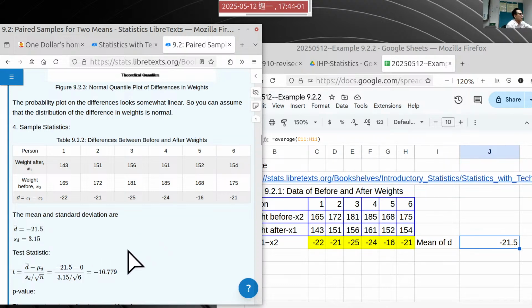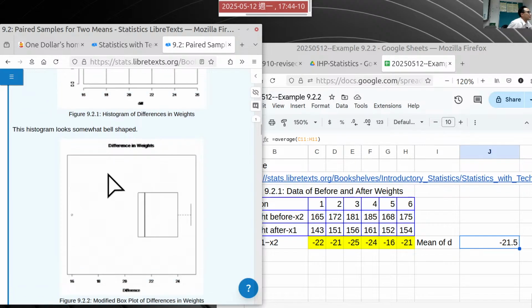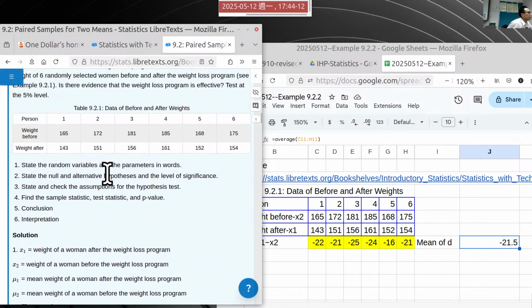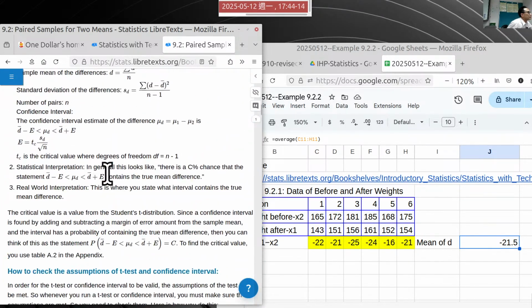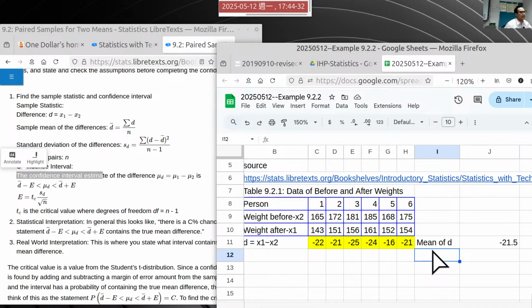And next, what is the standard deviation of D? If you forgot the definition, move upward here. Standard deviation of D, like this one, but I think here is a mistake. The author forgot to place a square root symbol here. Okay, then we can here